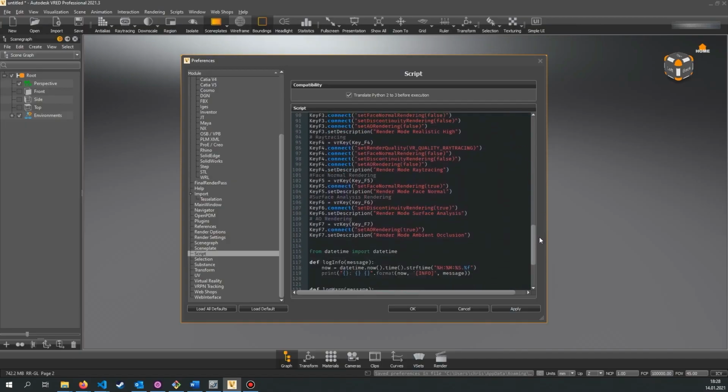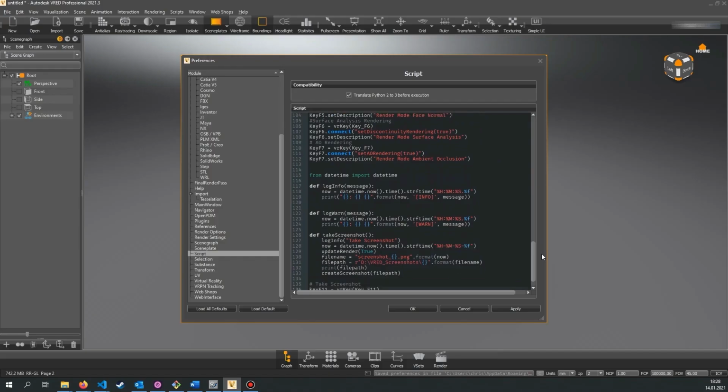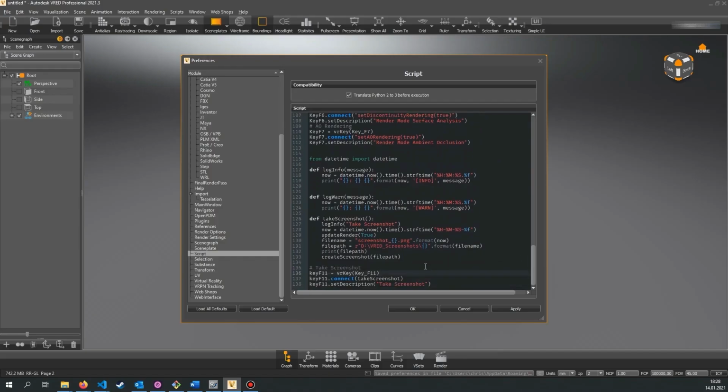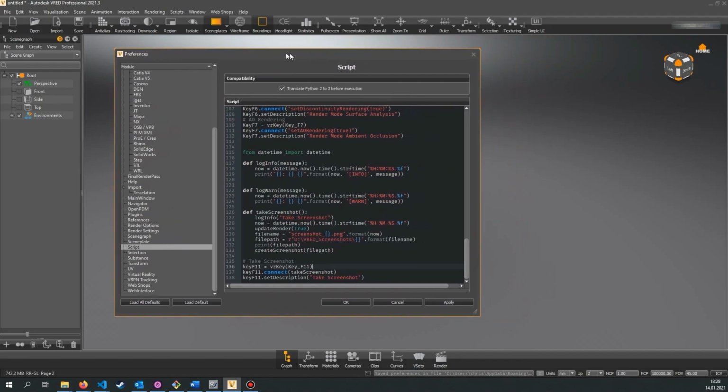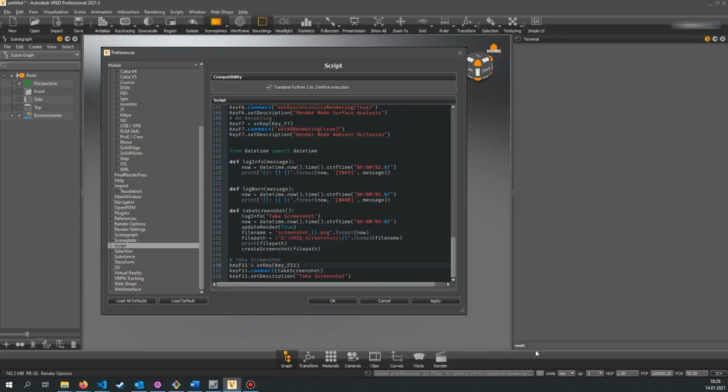Script preferences are the place for small Python scripts or variables you need all the time and that are independent from the file you have opened. So for example, you could define some custom log functions that automatically add a timestamp to your terminal message. You also could define a function that takes a screenshot or does preview rendering and saves it on your hard drive. But most of the time you probably want to customize your key mappings with extra functions, for example switching